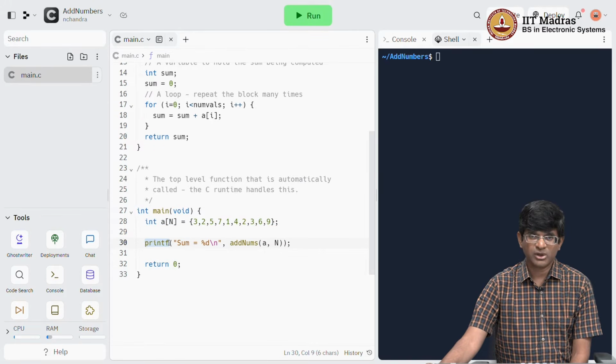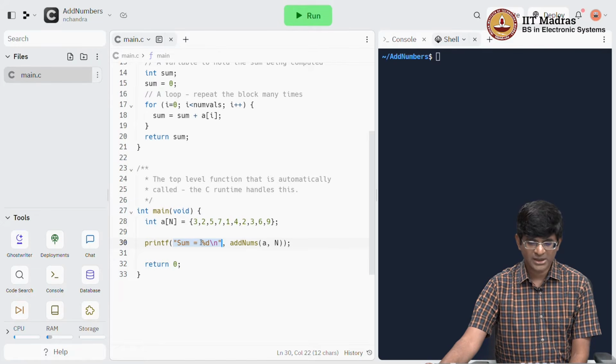Printf we are already familiar with because we know that, for example, it could print a message like hello world. But over here you find that it's actually printing something a bit more complicated. It prints out a string saying sum equals and so on, but then there's suddenly this %d, an unexpected symbol, right. It's not really what you expect to see in the middle of the output of a program. It turns out that what printf does is, whenever it sees these percent things, it then sees what is there after that string out there,